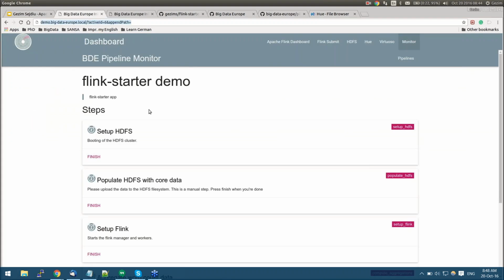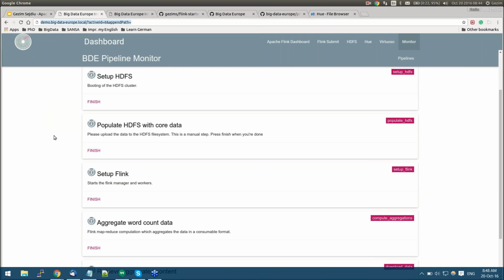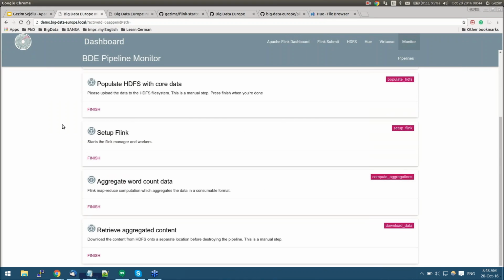We have seen that HDFS is already up and running, so we can conclude that this step is finished. Done. We also saw that we have some data on HDFS provided by Hue, where we can upload files, so this step is also finished.